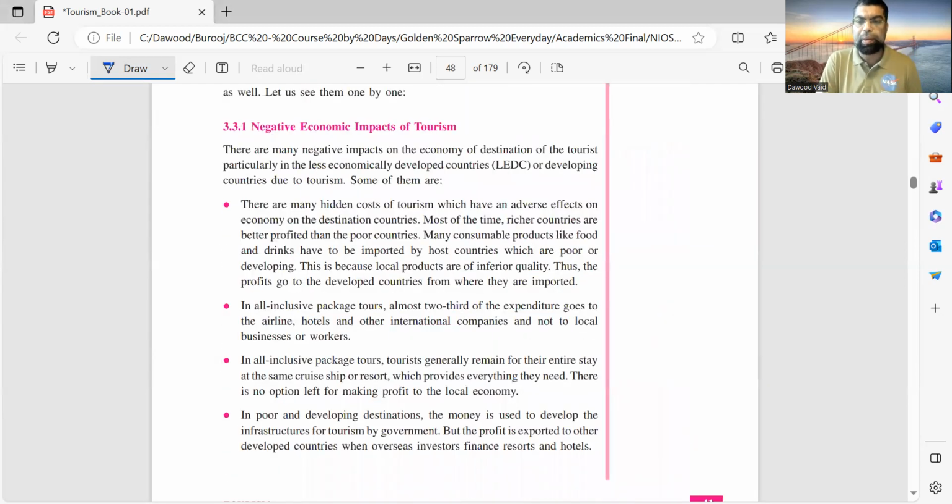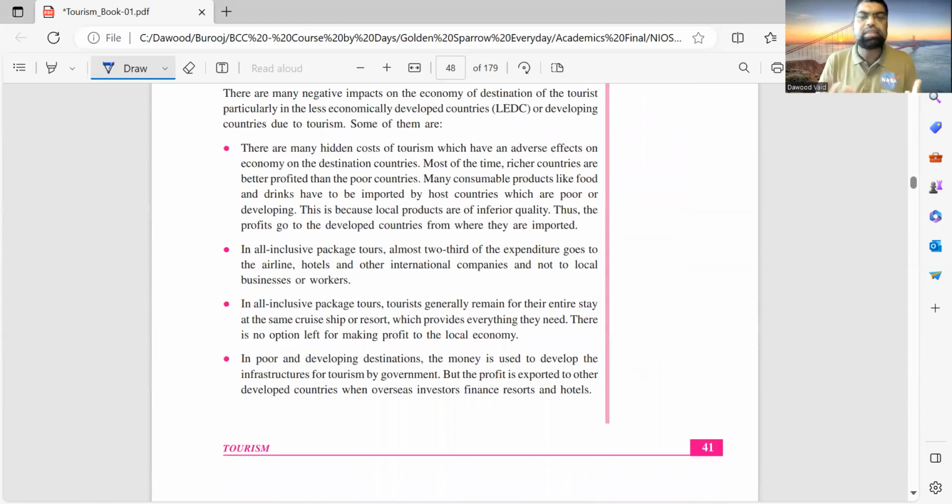When I say economic impact, I will give you an example of negative impact. For example, if people come to your small city and suddenly MNCs, multinational companies, come there, the local shops are affected. You had a small coconut juice center, and suddenly there's a multinational selling Pepsi. Remember, these are examples. You will eventually end up buying a Pepsi and not a local beverage, and this impacts the local economy negatively. Number 2, it could be that travel tour operators are all outside people.